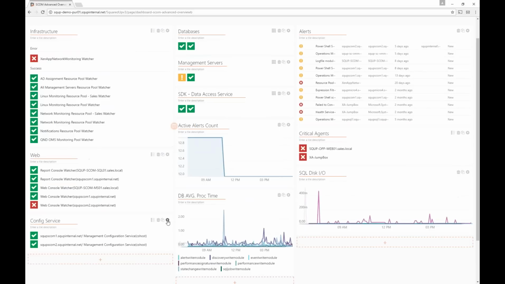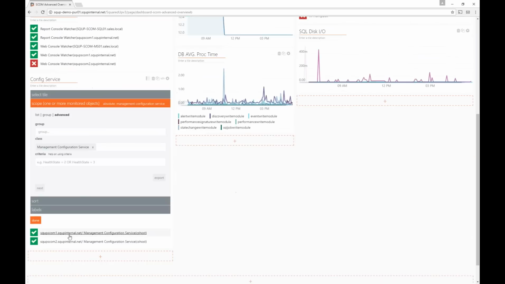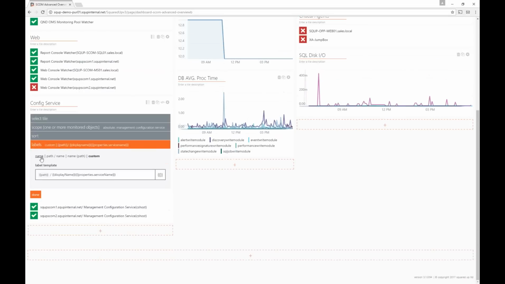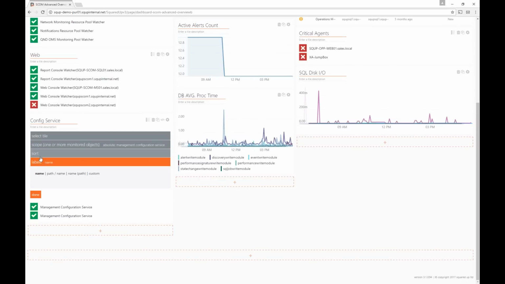And then down the bottom here we've used custom labeling to actually provide a more informative view on the service that is being monitored here. Now by default, if we come back to the V2 default, we just see the display name of the object appearing, which in many cases is what you need. In many cases, if it's a hosted object, this is obviously not telling us much information about which of these services is which. We can add in the path very easily, so now we see actually there's one service on SCOM1, one service on SCOM2,